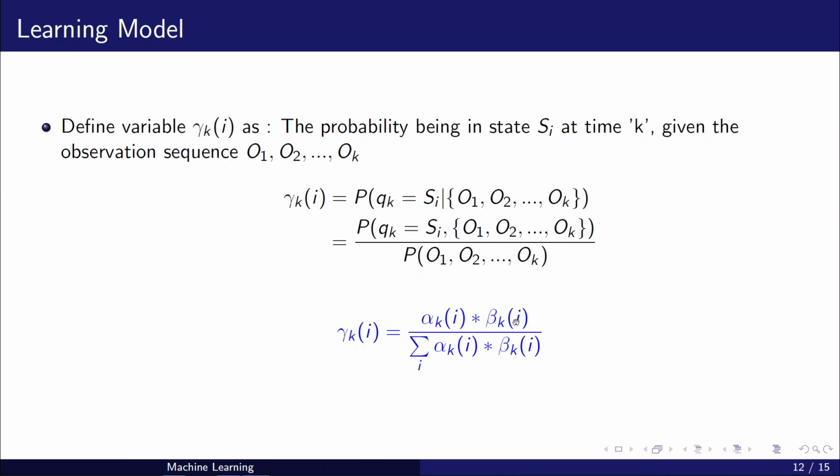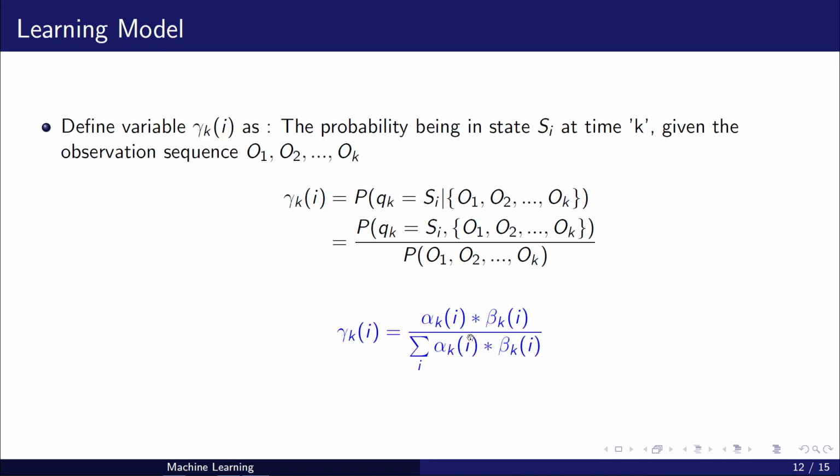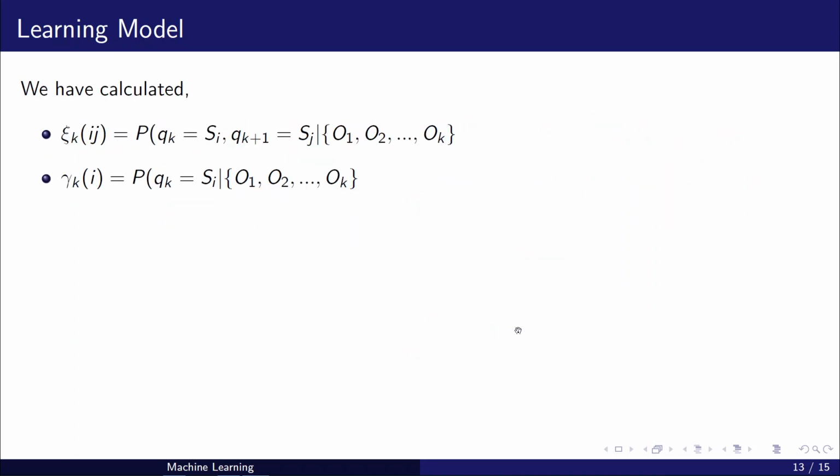So this represents the transition from presently k to capital K, and this from 1 to small k. So divided by the sum of all these things together will be your gamma ki. So that's how we have defined two variables. The first variable is psi ki ij, which is this value, and the second variable is gamma ki, which is this value. So we have calculated psi ki ij, which is the probability that at time k